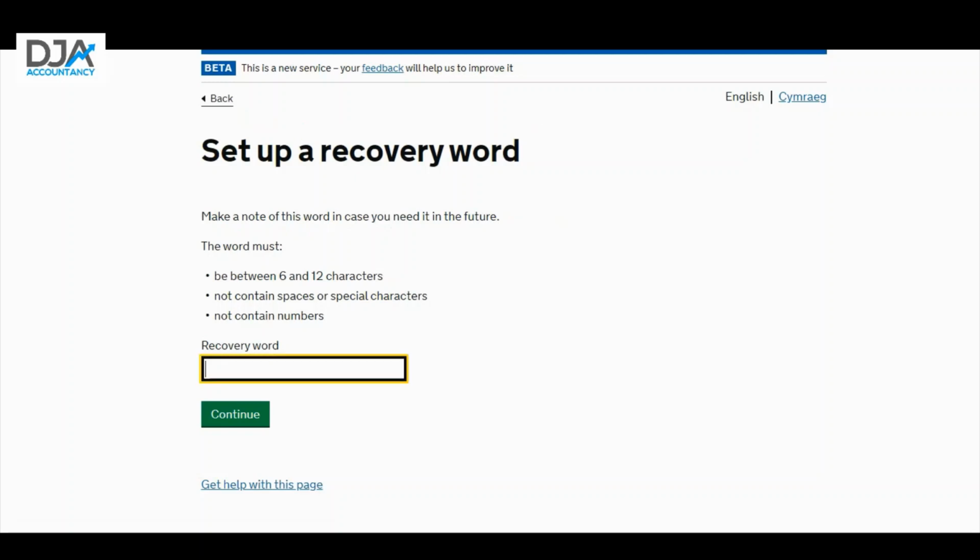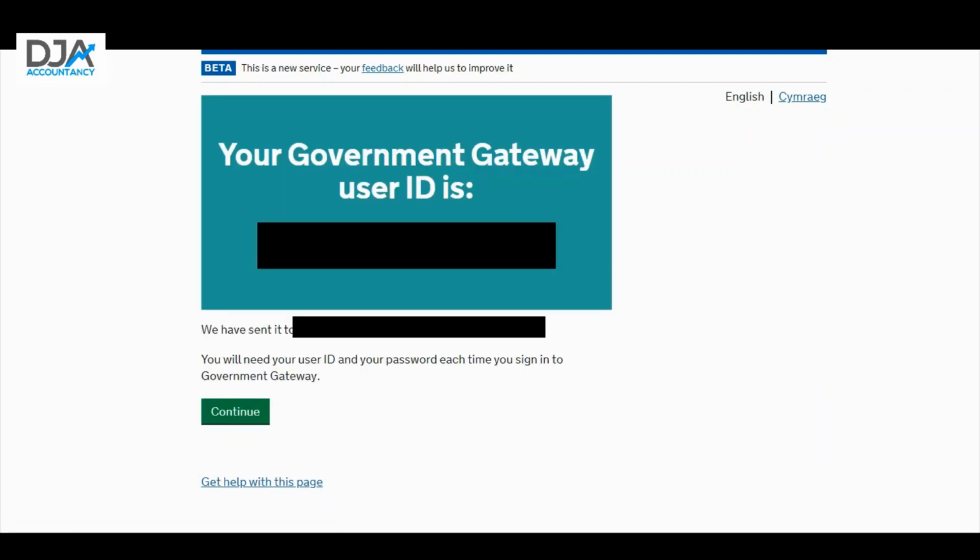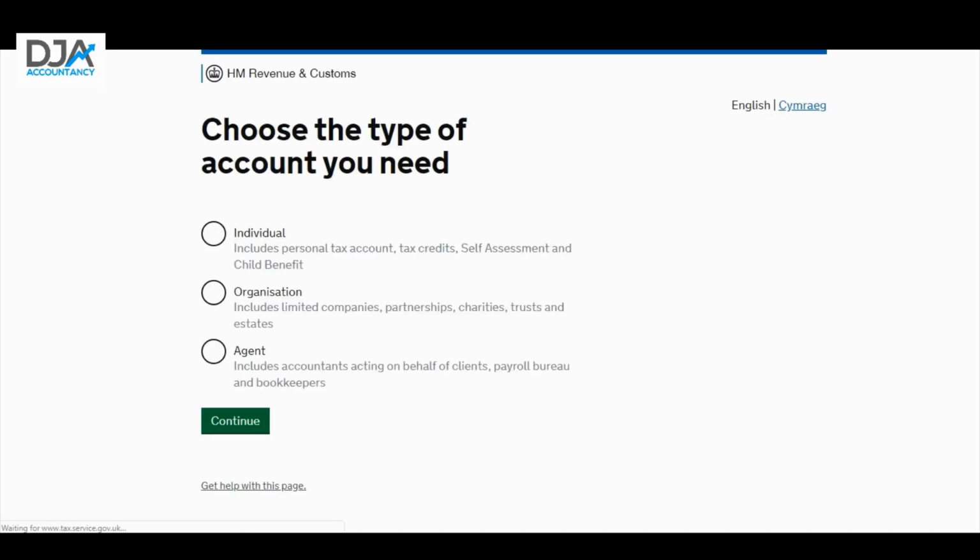The first one here is setting up a recovery word. A good thing to use is just something that's on your desk, something you can see in front of you that no one can guess. I've put that in, and it's giving me my Government Gateway ID, and that's been sent to my email, so you don't have to worry about making a note of it. So you've got a copy. I'm going to then click on individual and go on to continue